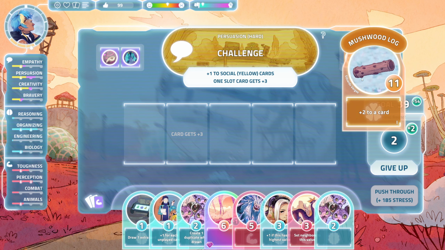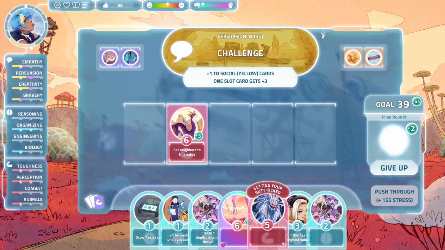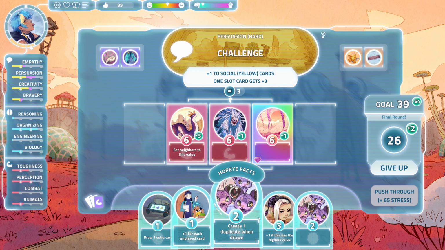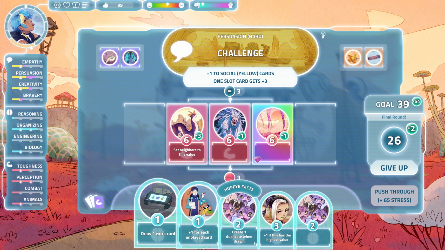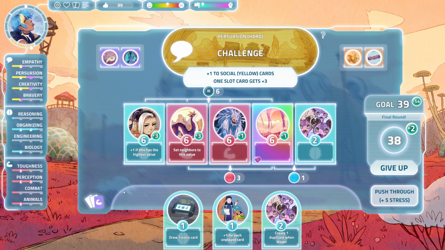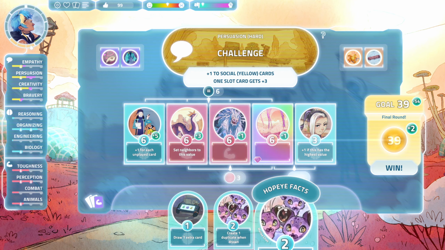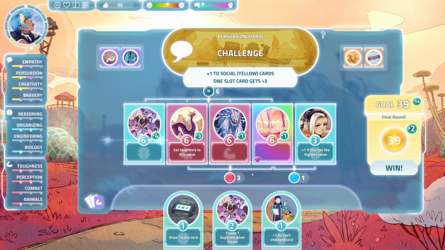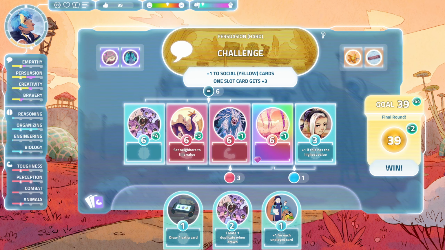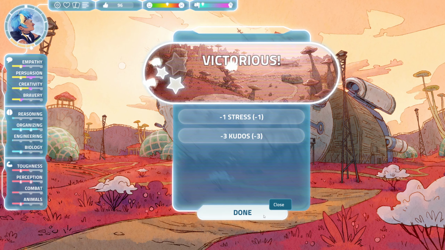I'll probably have to use some of my mushwood logs. Set neighbors to this value, that's pretty sick. Gives me the opportunity to put a bunch of 6s in a row. And then I'm just going to have to put my big cards in there. Actually, I should put a smaller card in there. Yeah. So I did hit it. I don't think that there's any higher I can get on this final round. Let's see. I could have gotten 1 more point somewhere if I had been smarter about it. That's fine.